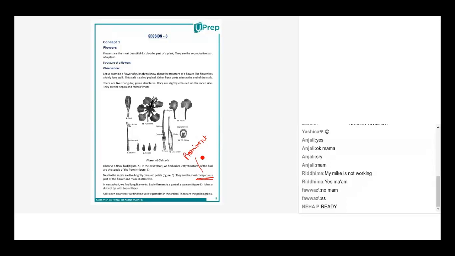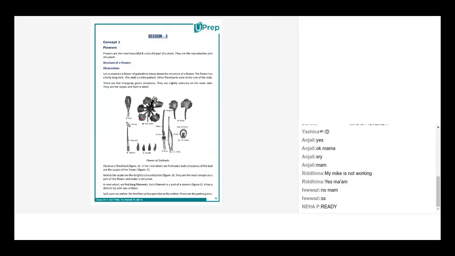In every flower we can see the petals. You can't see the other parts, but you can see the petals very loud and very clear, very visible. That's the meaning of conspicuous. So they mean to say the petals are bright and colorful, and they're very conspicuous. They come out of the flower and make themselves pretty and beautiful, as if they're going out for a party, wearing their best dresses. That is how prominent they are.